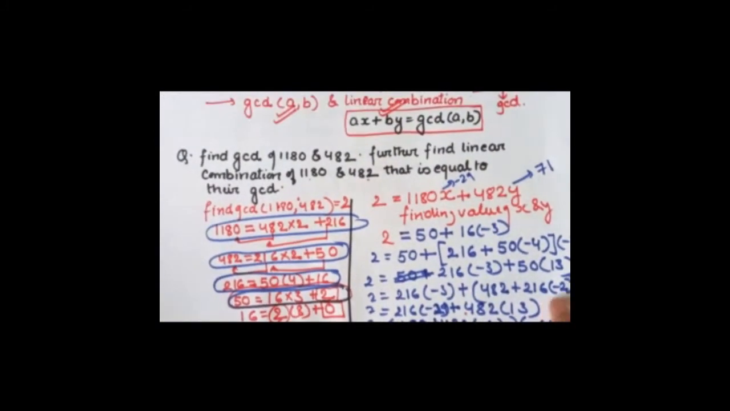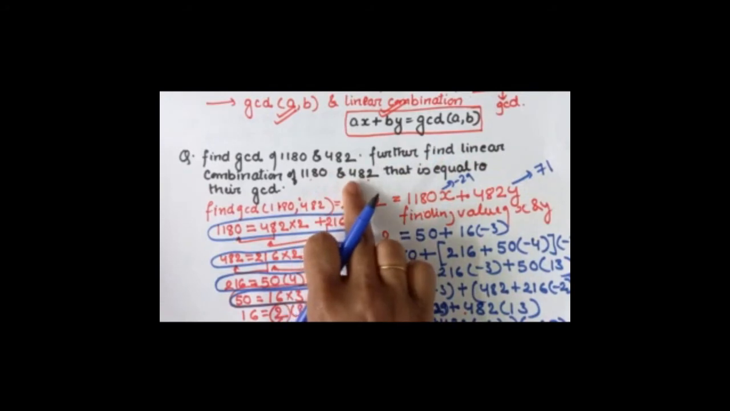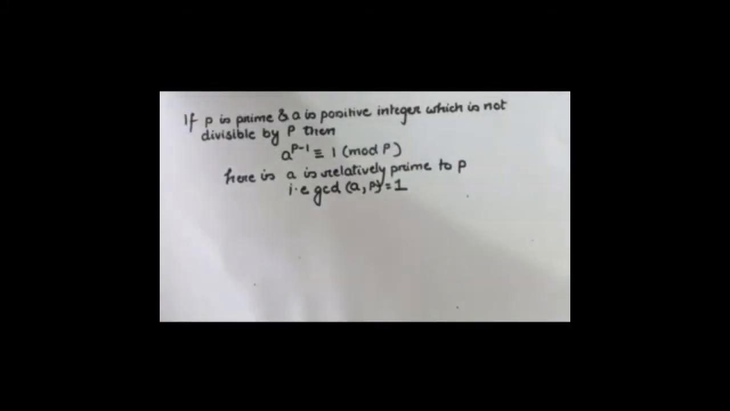Either they will ask in this elaborate manner, find the linear combination of two integers which is equivalent to the GCD, or they will be asking you to find the extended Euclidean algorithm of two integers, which is just straight away mentioning the standard formula, right? Extended Euclidean algorithm. Okay, so moving ahead to the next topic,